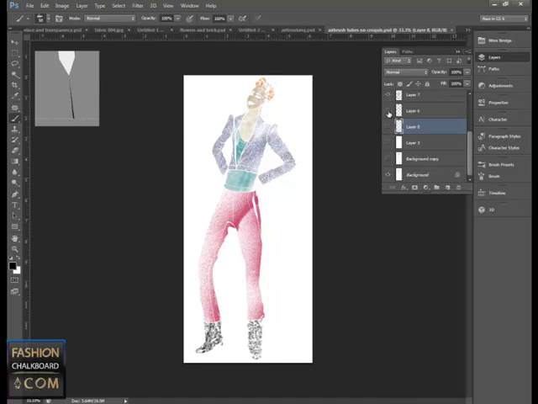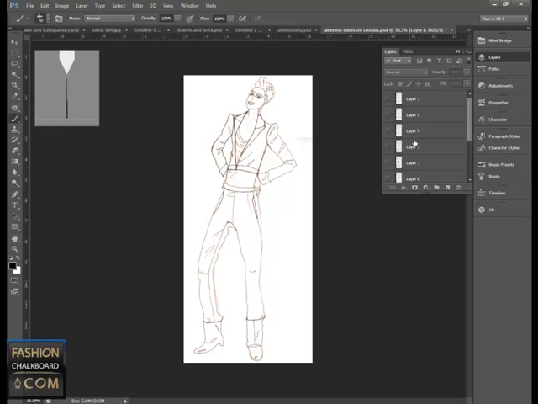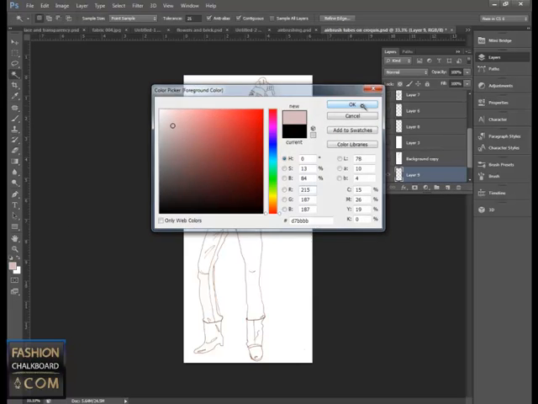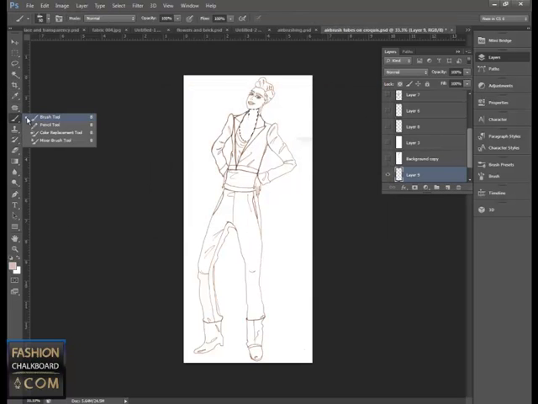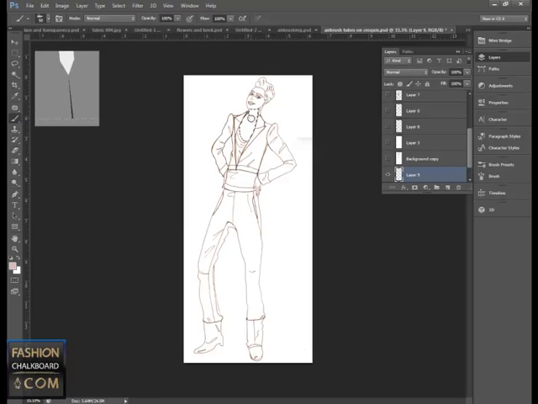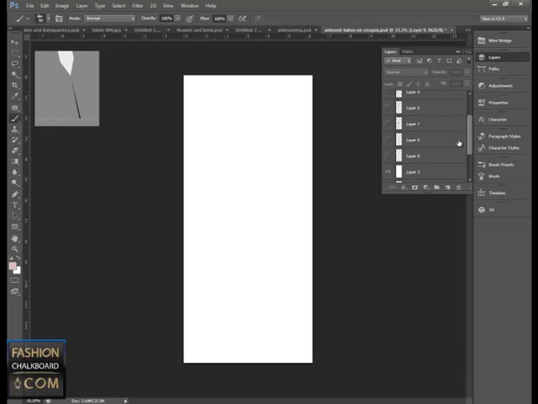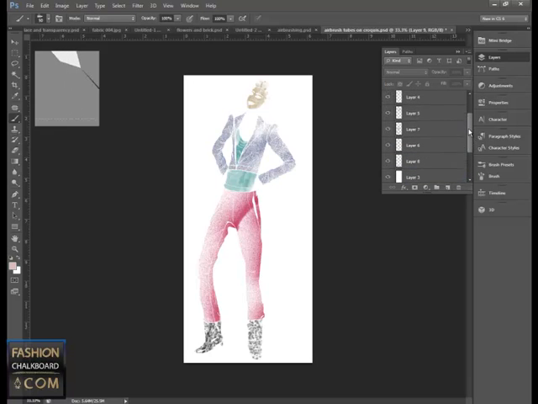So all I needed to do here is have my croquis active, and then I just took my magic wand tool, so that layer is active, and just click in the area that I wanted to color, create an empty layer, pick a color, say something like this, and then pick one of your new brushes and just start painting away inside of it. Okay, so I did that for quite a bunch of layers, and then if you want to test how this looks, just create an empty, or a white rather, layer,